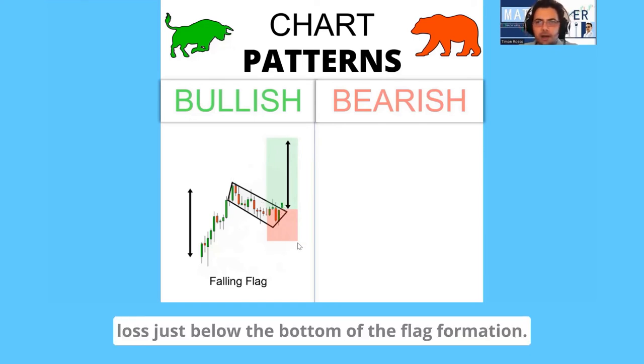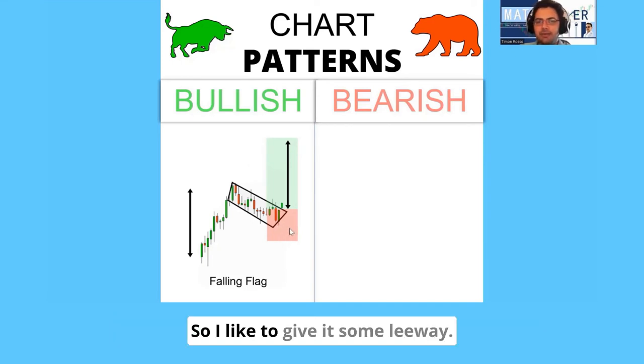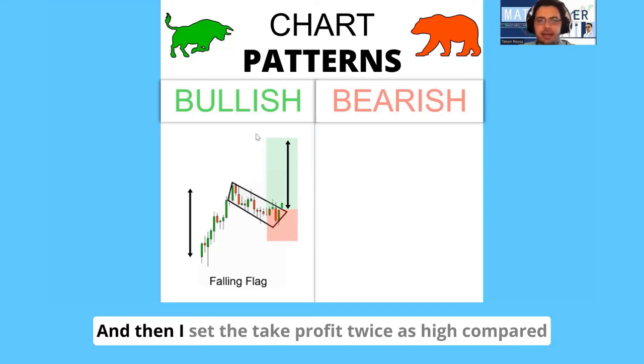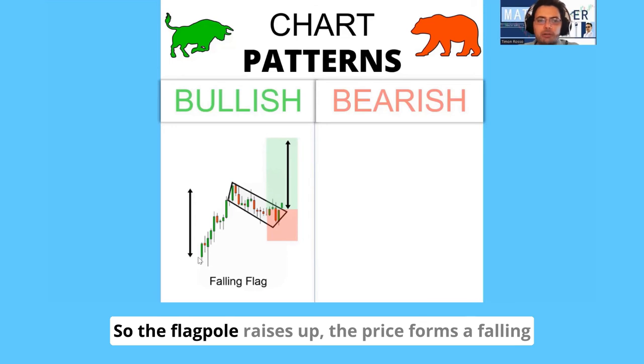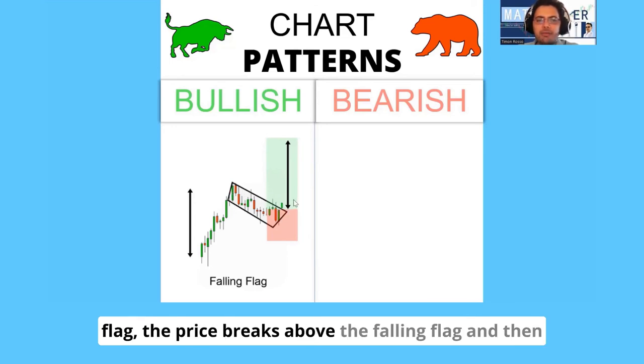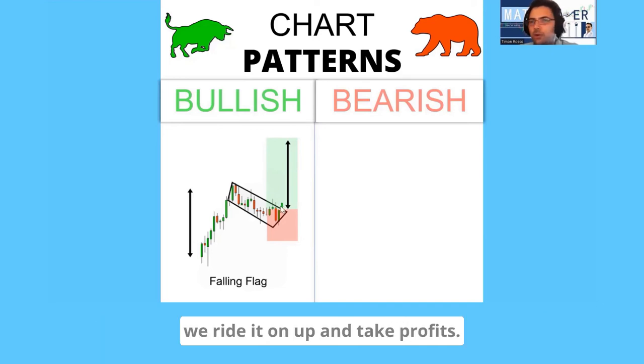We set the stop loss just below the bottom of the flag formation. So I like to give it some leeway. And then I set the take profit twice as high compared to where the stop loss is. So that's the falling flag. So the flagpole raises up, the price forms a falling flag, the price breaks above the falling flag, and then we ride it on